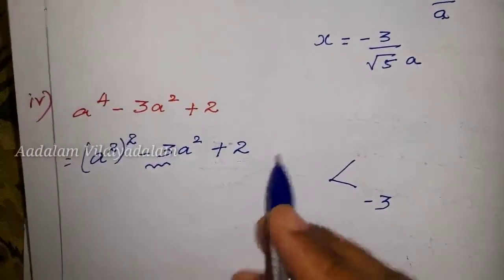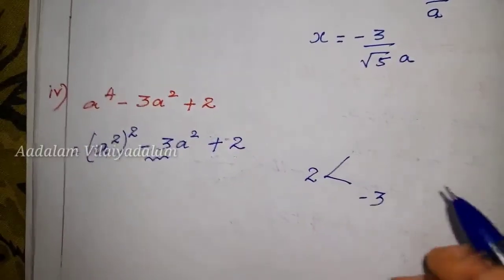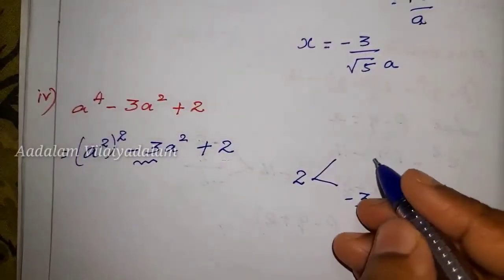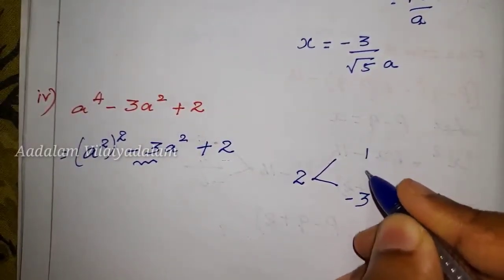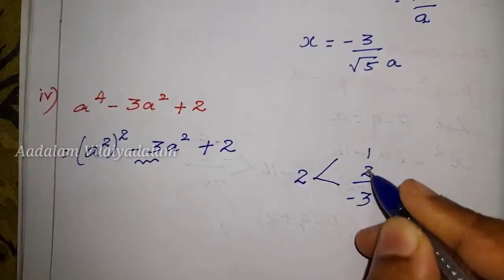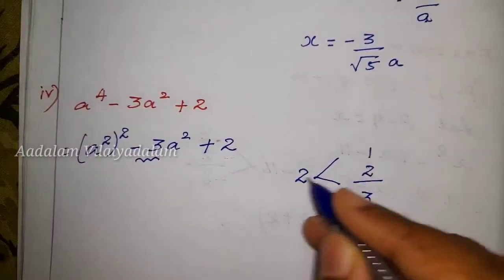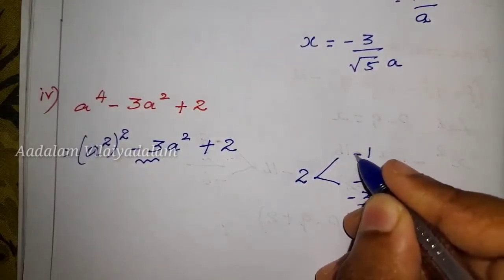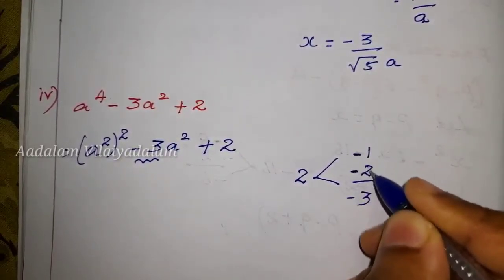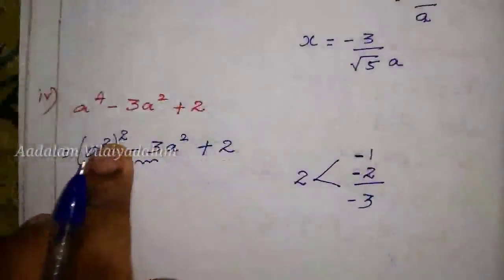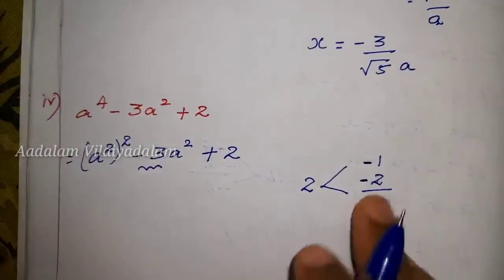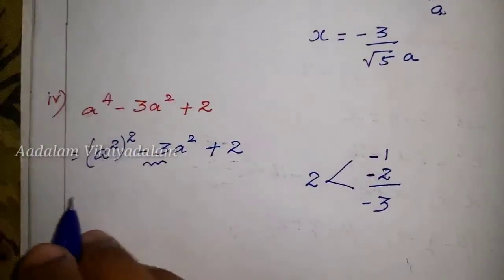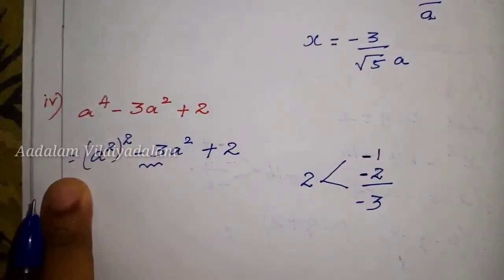In the constant term, only the product of the factors is 2. The sum of the factors is minus 3. The product is 2, so the factors are 1 and 2. That is 1 plus 2, 3. 1 twos are 2. But here a minus sign is there, so put the minus here also. That is minus 2, minus 1, that is minus 3. Plus in minus into minus is plus, 2 ones are 2. The factors are minus 1 and minus 2.